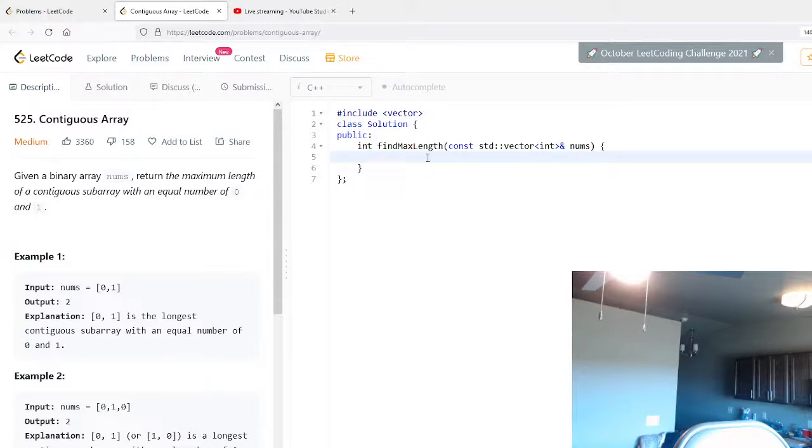So the size over 2 is k, right? So the difference between what we have and k, there's some amount. We're looking to subtract that amount, so we're looking for, in the previous arrays,